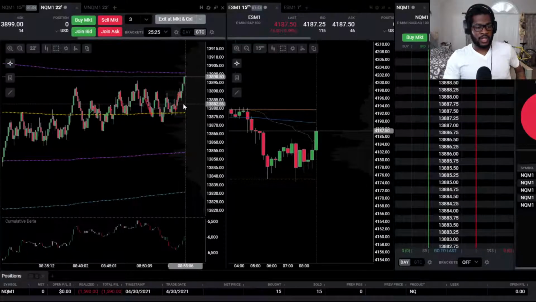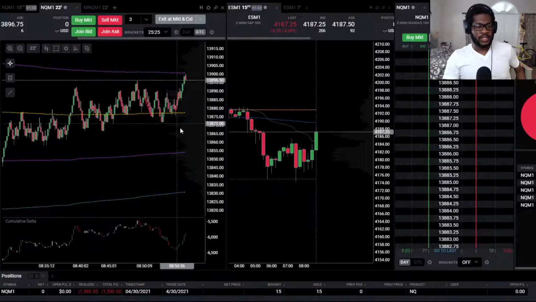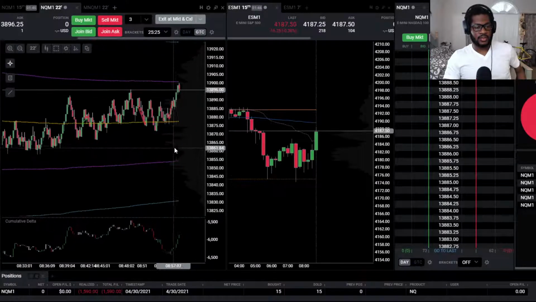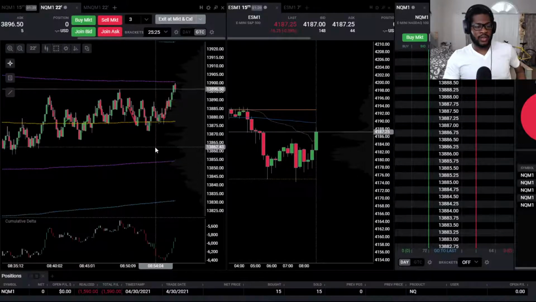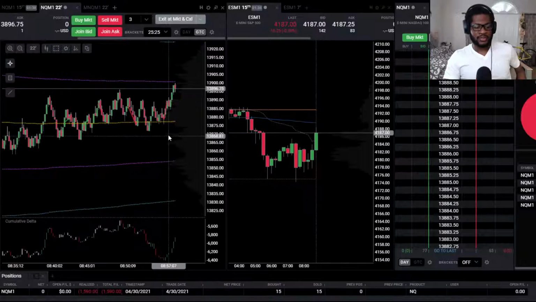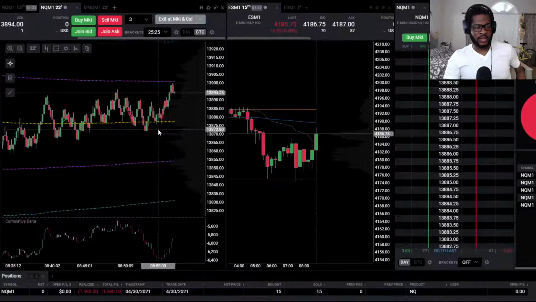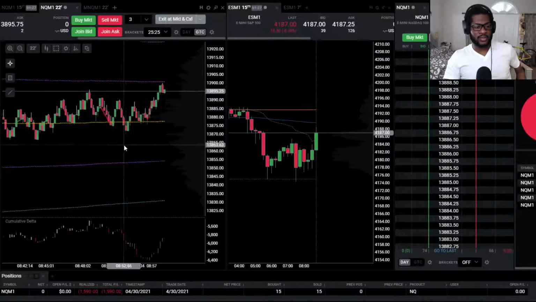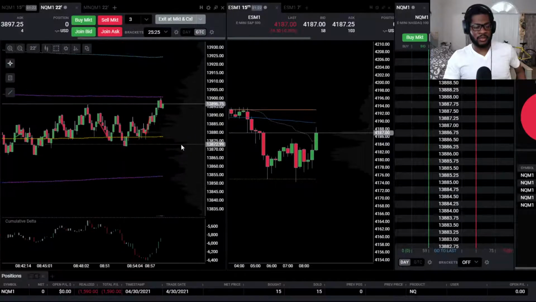Okay, now it breaks out long. Would like to see a solid push here before it pulls back. Otherwise, if it was to pull back here, I would take the next long if it pulled back from here. I just know that, again, I would be at risk of getting stuck in this little zone here. So I'd like to see it push away from there, get away from VWAP first, and then come back.